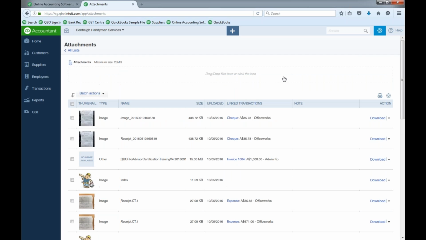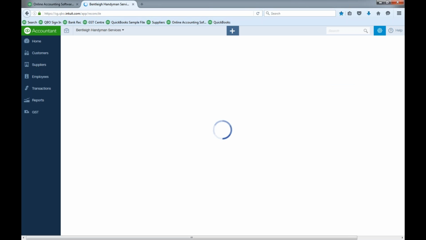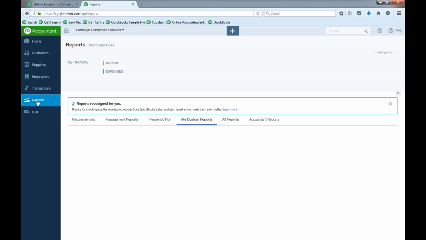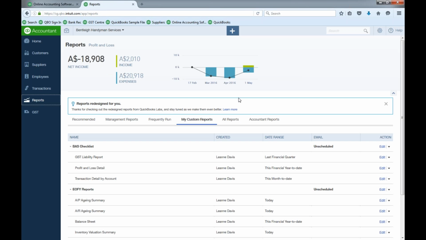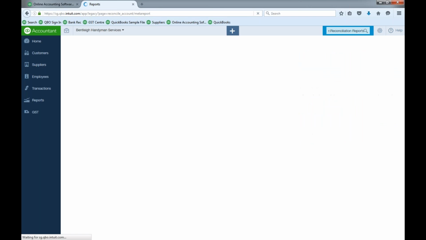So you can go through and reconcile each of your accounts through your reconciliation screen. Just go through each one individually, work through your list, make sure it's all done. Then there is also a report that you can grab. Actually, I'm just going to search it from my search box for my reconciliation reports, and then this will run